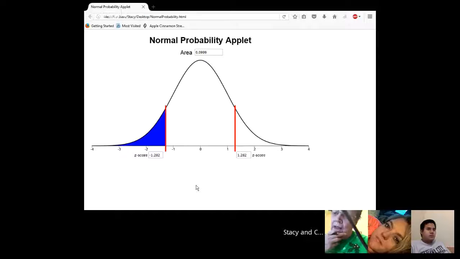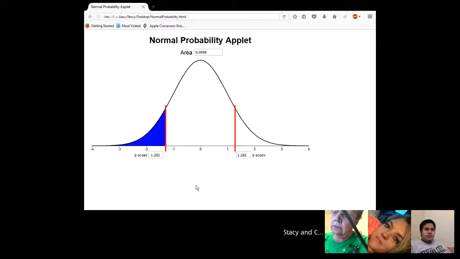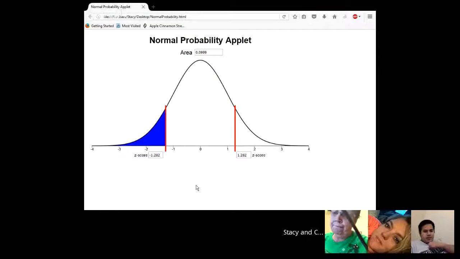X equals the mean plus that z-score that we just found for the 10th percentile, which was negative 1.282. This is what Chris was saying. And then you multiply the z-score by the standard deviation. So x would be 150.8 plus the z-score times 8.8, which